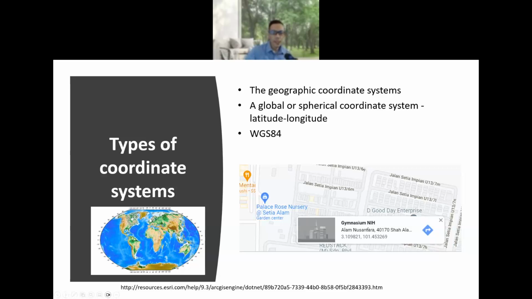So I searched NIH and found gymnasium NIH, and then you see here 3.1098, 101.453. So these are the coordinates, and these are the geographic coordinate reference system,